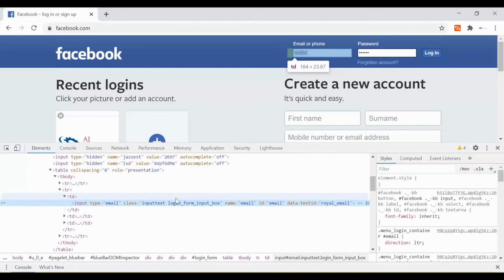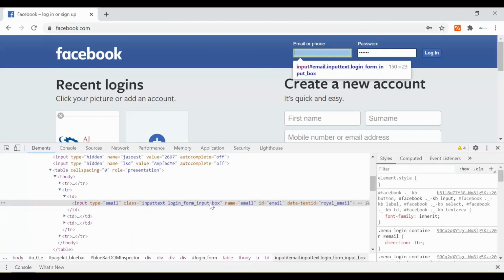While creating this HTML page, the developer uses some tag name and some attributes, meaning some properties, provided to this field to identify it. All these are the properties associated with this email text box, given by the developer.